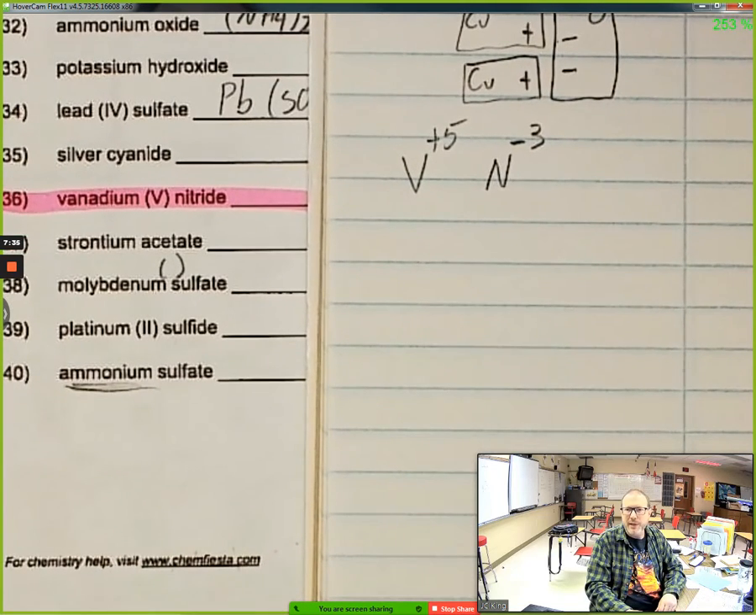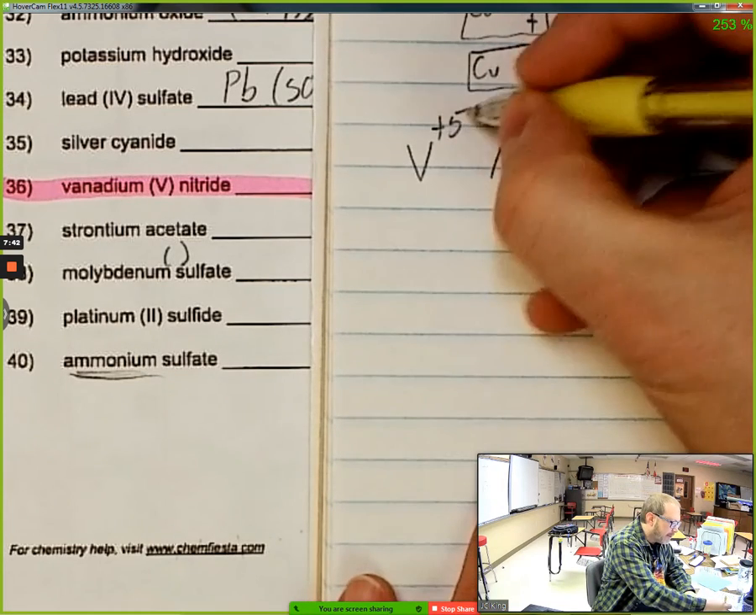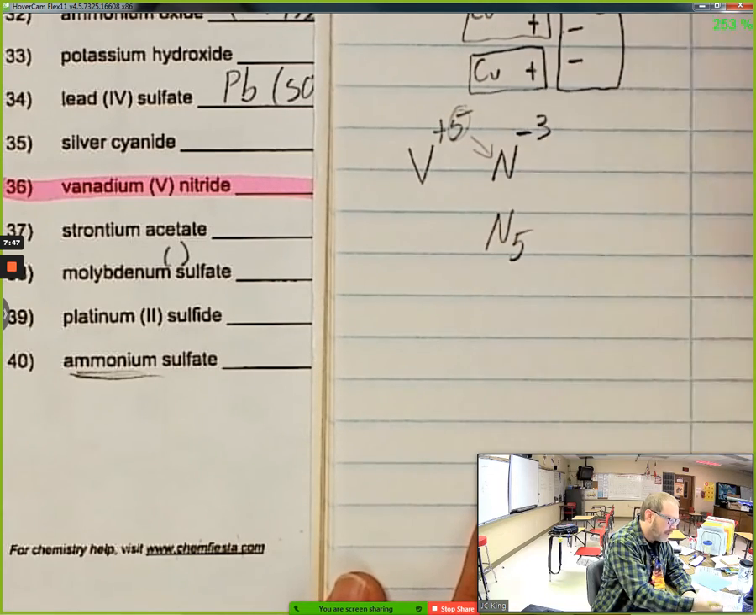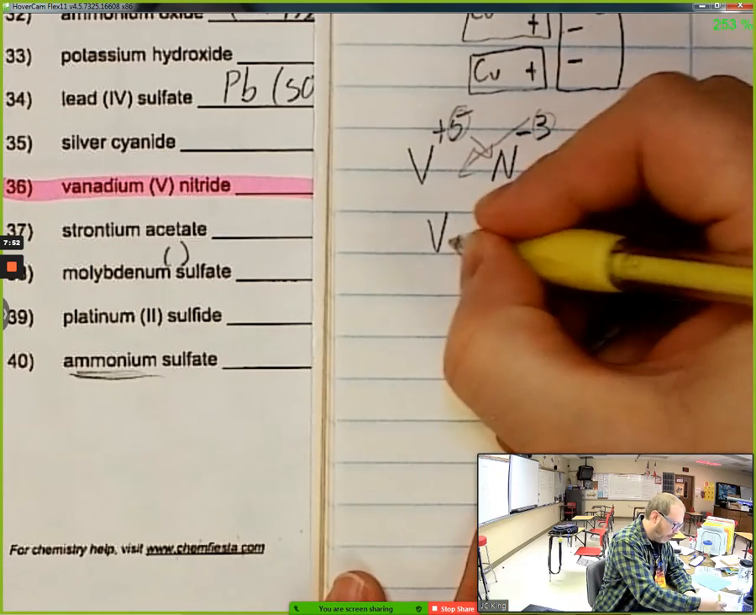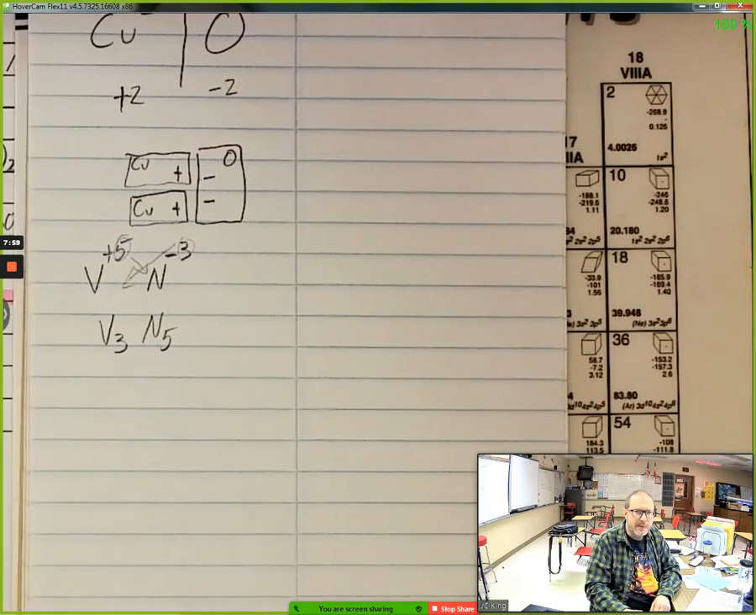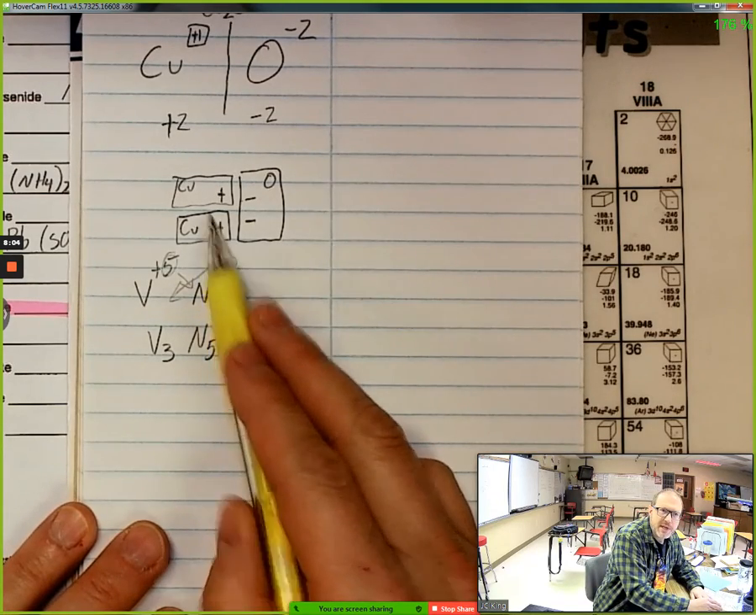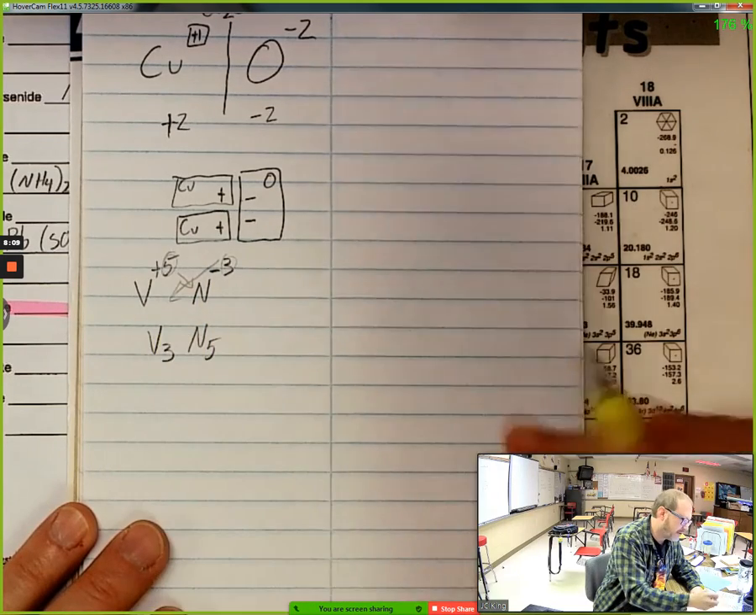So a couple of ways that I can look at this. I can either do the crossing over trick, which means I'm going to take this 5 and it's going to cross down here, and I'm going to take this 3 and it's going to cross down there. And that's one way that I can get my correct answer. But let me show you why that makes sense. I'm going to do kind of like what I did here. I'm going to represent these as little boxes with charges. So if I've got a vanadium with a +5 charge,